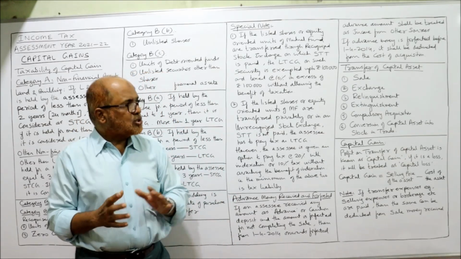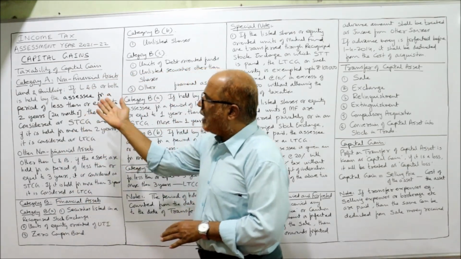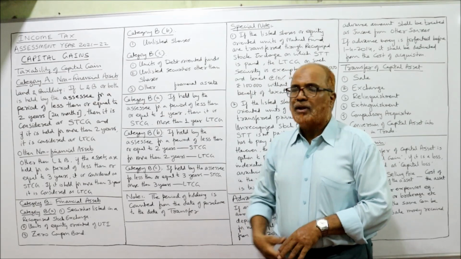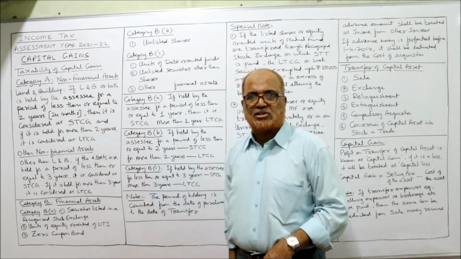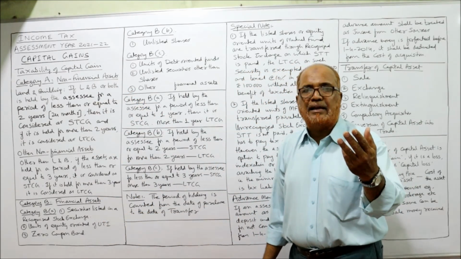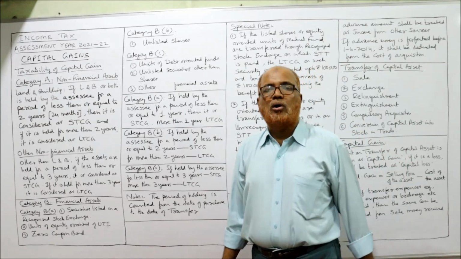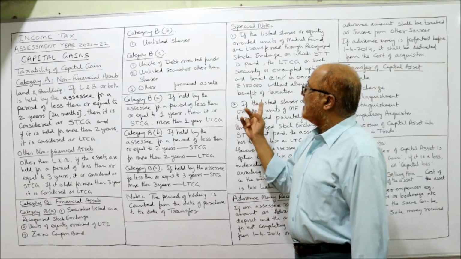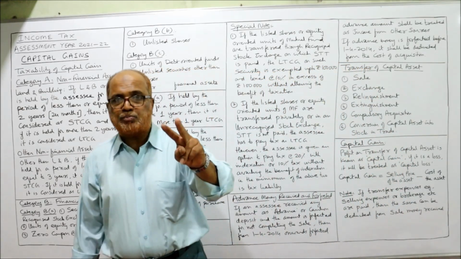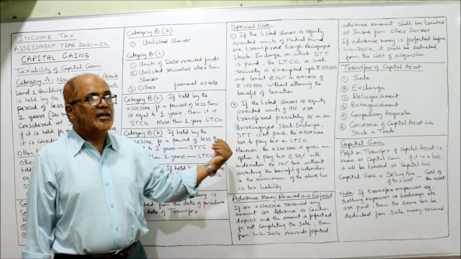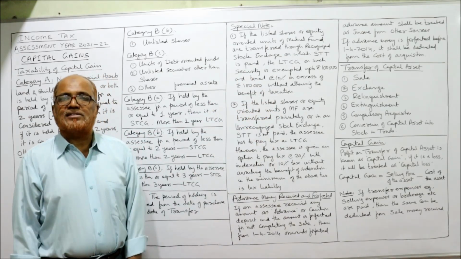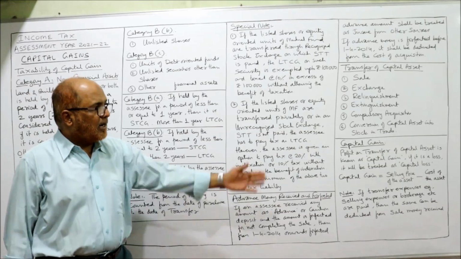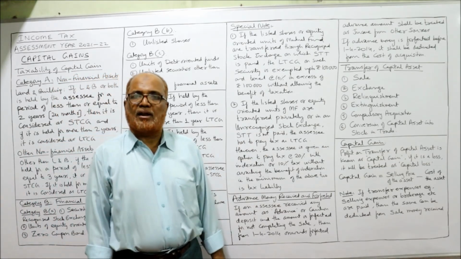That's all. So in this video, I have explained to you about the taxation on different types of assets, non-financial assets and financial assets. What is the duration, time period, when it will be called long term and when it will be called short term. That I have explained. Apart from that, 2 special notes I have explained. Last one is transfer of asset. When transfer of asset will occur. And lastly, when capital gain will arise.